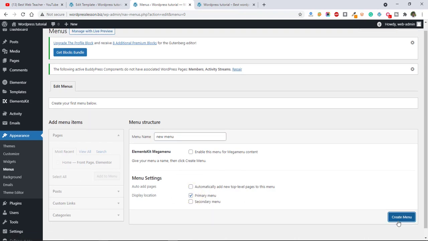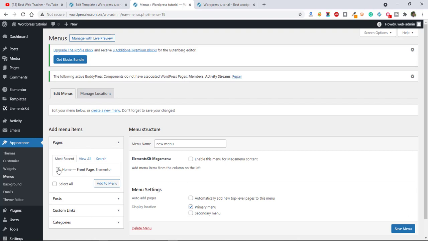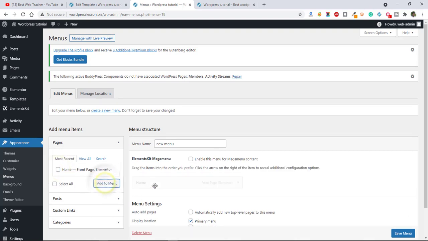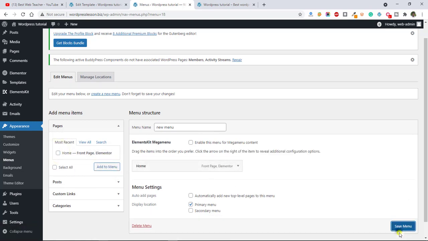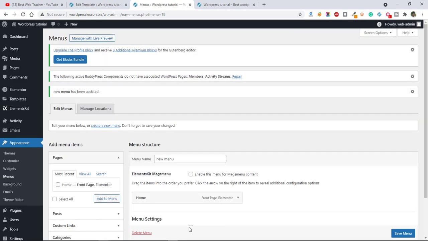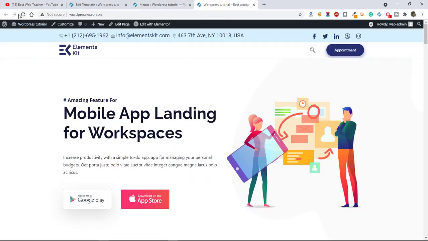After that click on create menu. It's created now. Now add new menu, home, and save menu. Up to now we have only one page, so one menu item is available now.